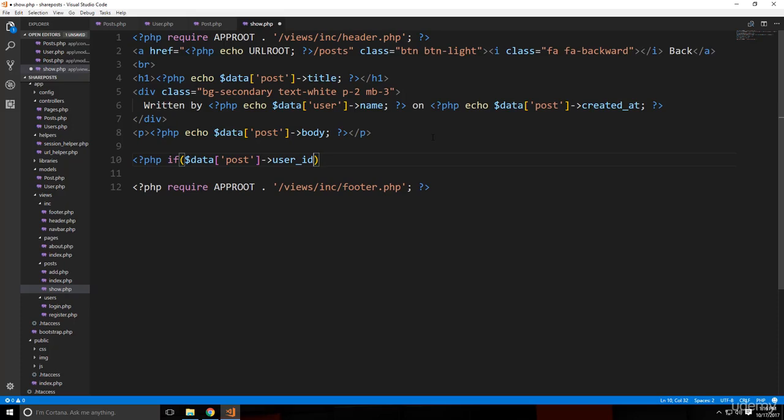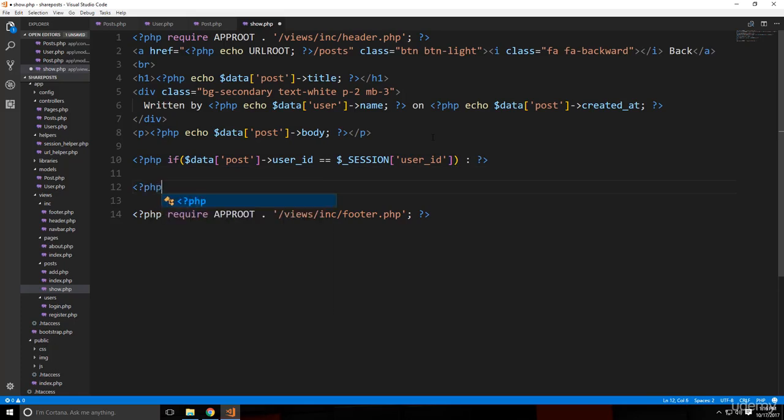We're going to say if that is equal to the session user ID, which is the logged in user, then that means that this post belongs to this user. All right, so that means it belongs to the user, and we want to show this stuff, the edit and